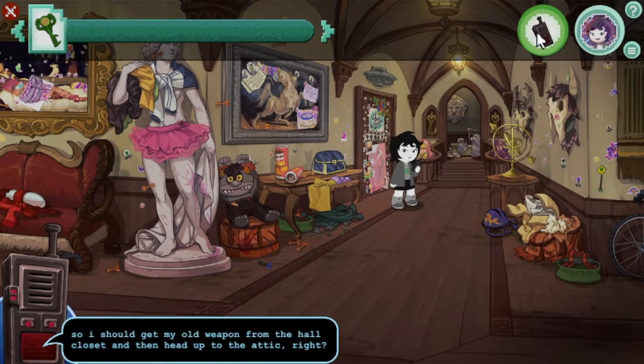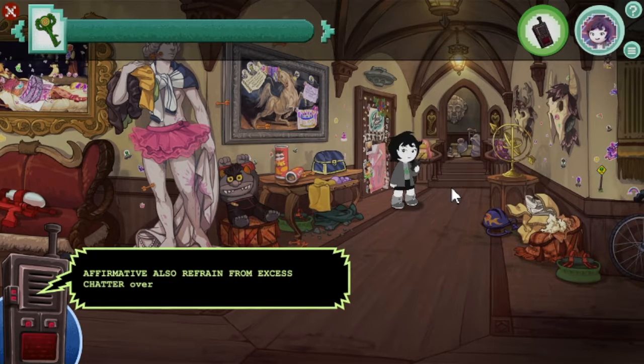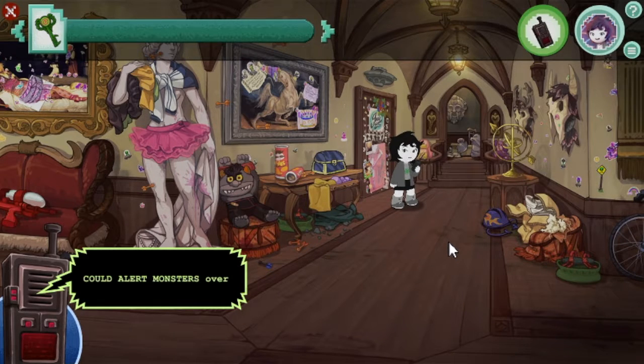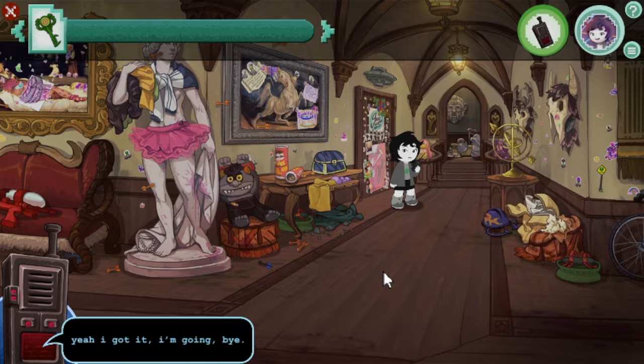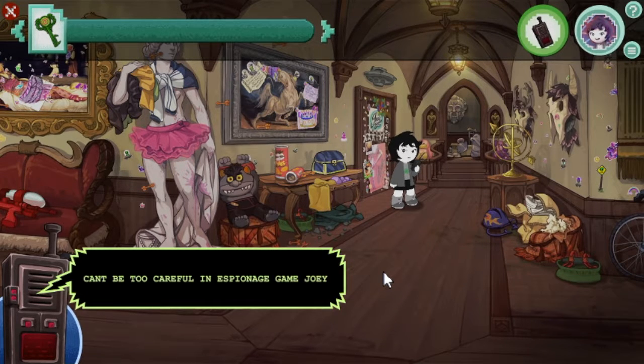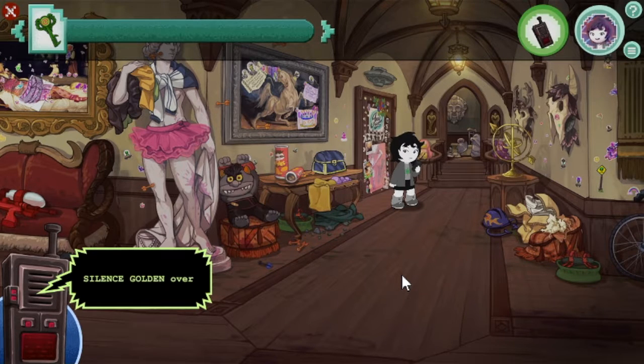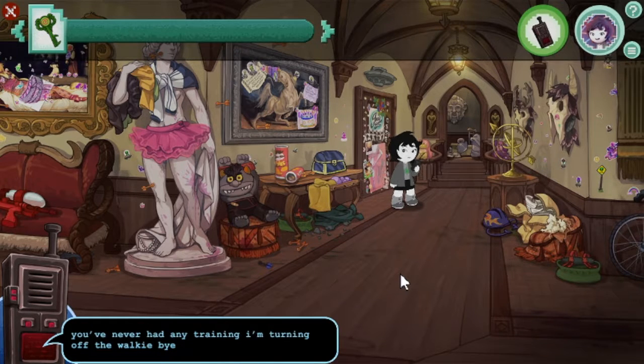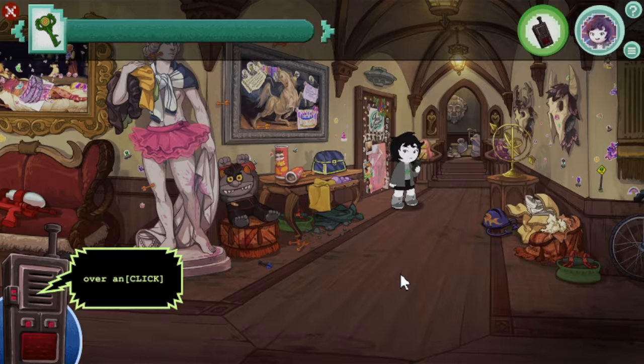So I should get my old weapon from the hall closet and then head up to the attic, right? Affirmative! Also, refrain from excess chatter. Over! Oh my gosh, dude. Oh, right, yeah. Bye. Could alert monsters. Over. Yeah, I got it. I'm going. Bye. Can't be too careful in espionage game, Joey. Oh my gosh, Jude. Silence golden. Over. Jude, shut up. Remember one time on training mission, couldn't keep my trap shut. Oh boy, really landed us in a pickle. Over. You've never had any training. I'm turning off the walkie. Bye. Over and...